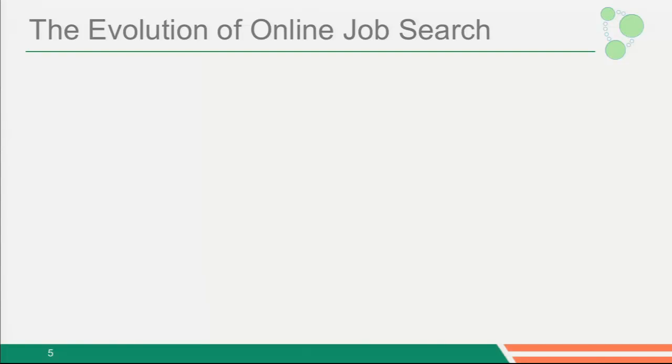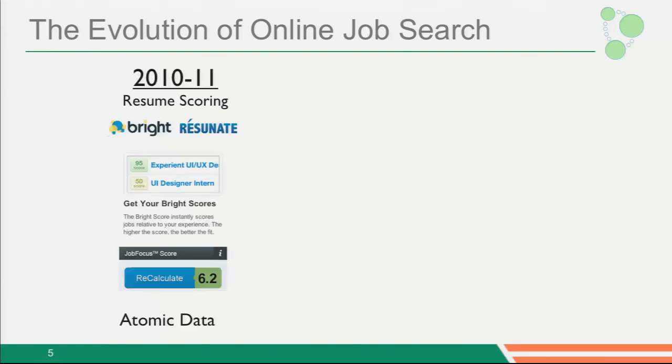The second story is about online job search. There are a bunch of companies in this age. If we go back to the Alta Vista age, there's Yahoo and Dice and all those guys. But more recently, there are companies like Bright.com and Resonate. And Bright has a really cool feature where they look at your CV, and if you give them your CV and a specific job posting, they're going to say, hey, looking at your CV and looking at this job posting, I'm going to give you a score of 4 or 7 or 9. And higher score means more likely to get that job, which is kind of cool, right?